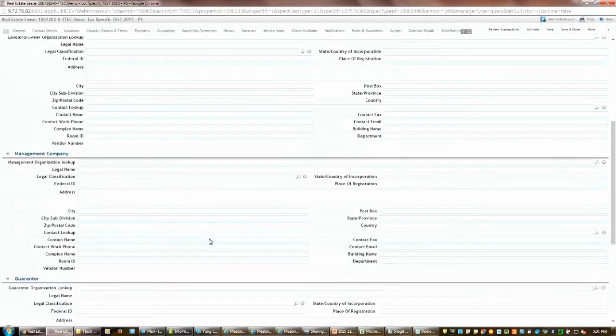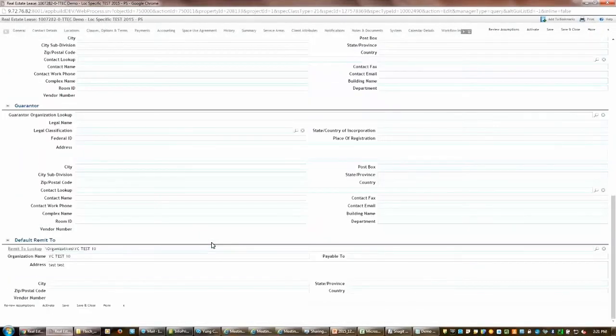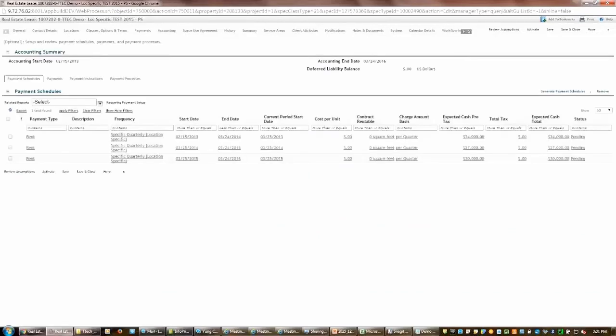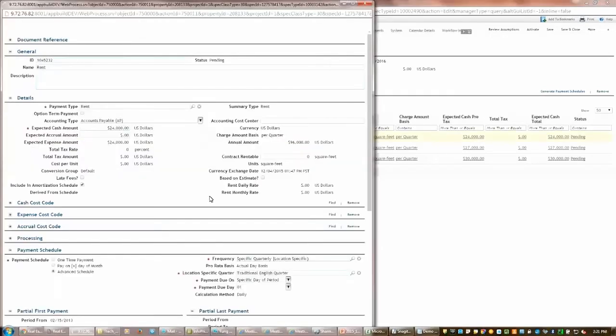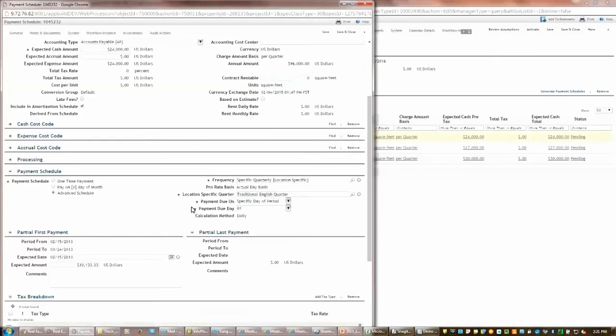It's for payment instruction, and payments. I didn't do anything. When the record was being copied, it copied all the information. So if there was a partial on that record, it got copied over to the